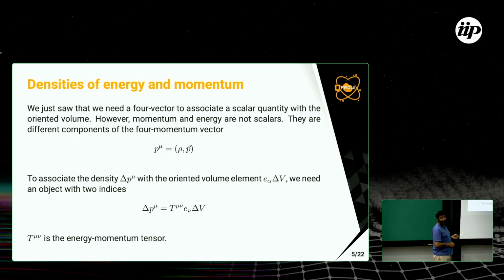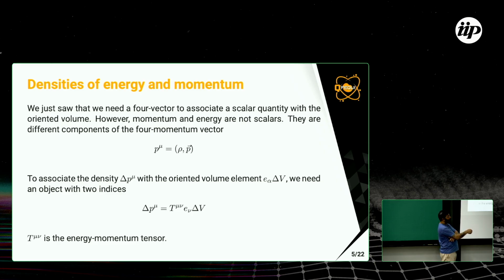But this is not a scalar. Momentum and energy in relativity are not scalar functions. They are part of a 4-vector, the momentum 4-vector. This is the energy density, and this is the momentum of the system. Okay? So we need to build a density from this. But to build a density, from this here, we need